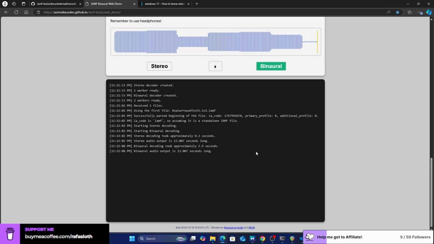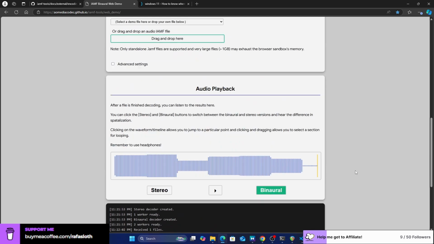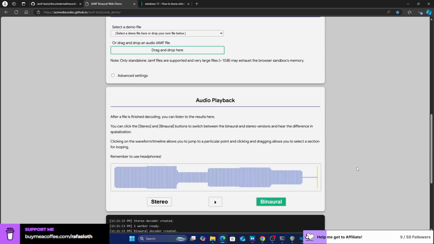Now, this brings me to the other part. Now we have an IAMF file. What do you do with that? So I used to think there was not any way to play the IAMF files directly, but there are two actually at the moment. There is this web demo, and then